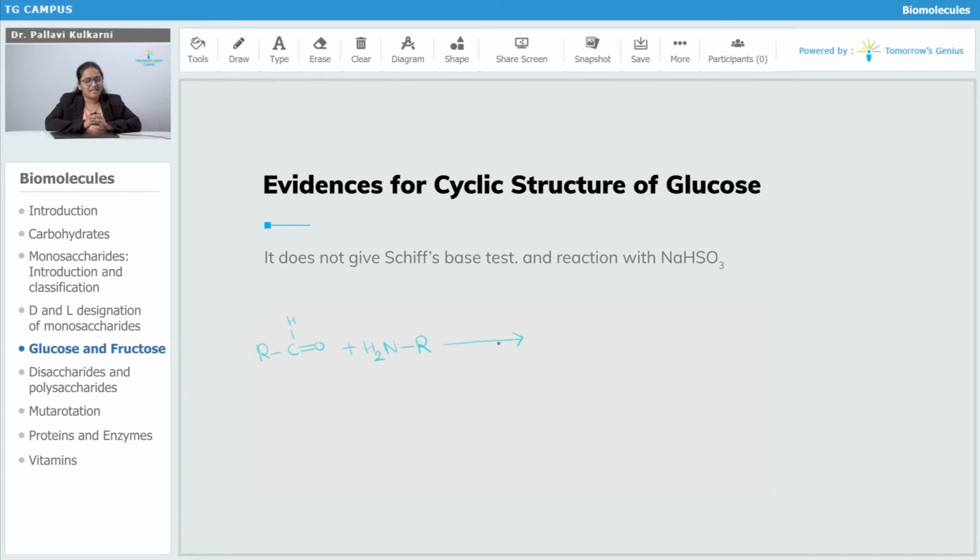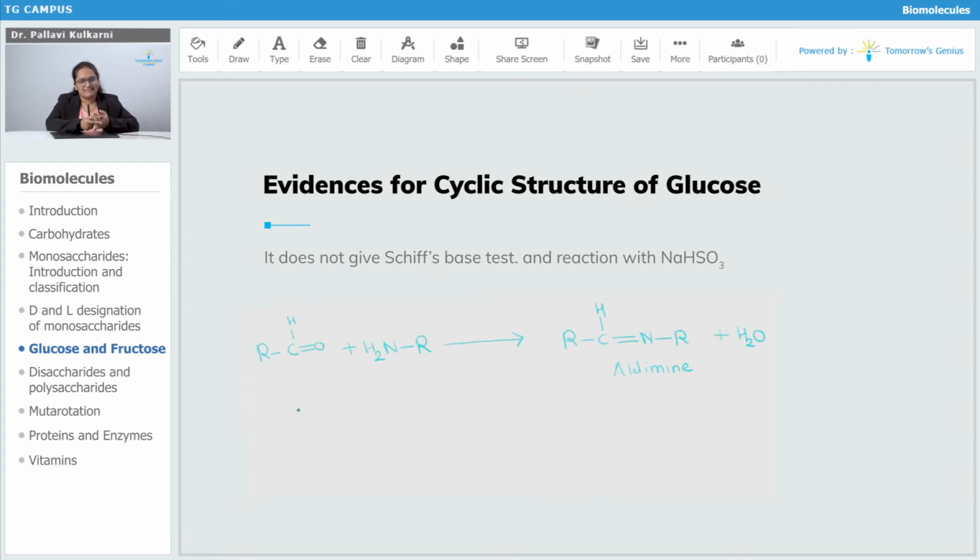In this reaction, the water molecule is eliminated and we get aldimine as the reaction product. Aldimine is commonly called the Schiff-Base. Therefore, this reaction is known as the Schiff-Base test. Glucose is not giving the Schiff-Base test, that is, formation of aldimine, which indicates that the CHO group in glucose